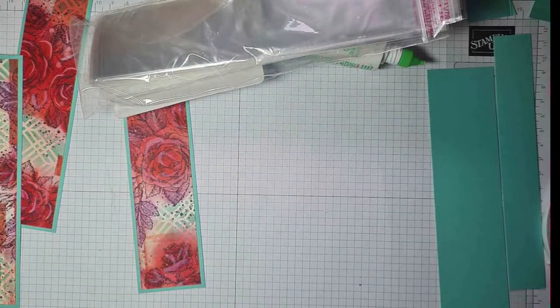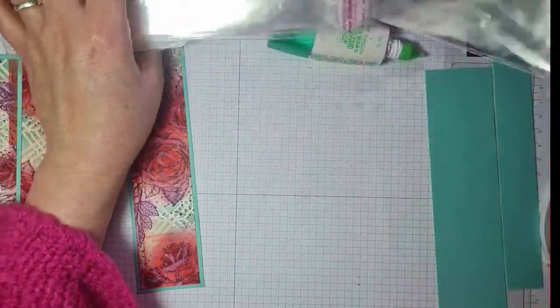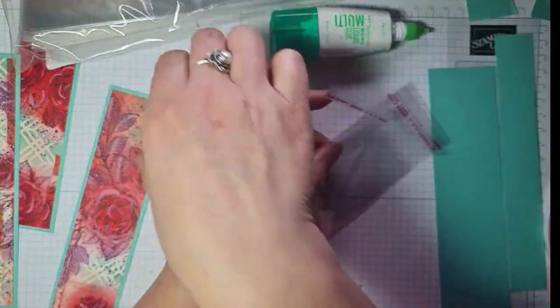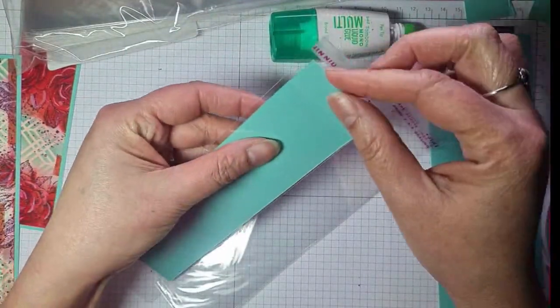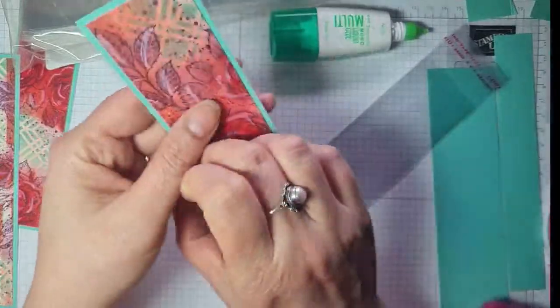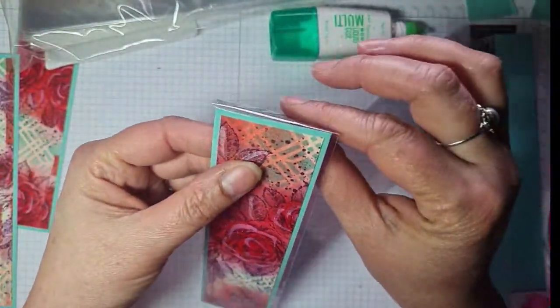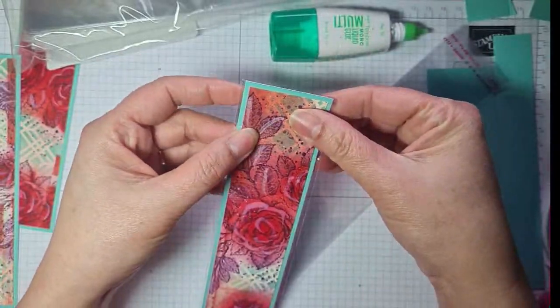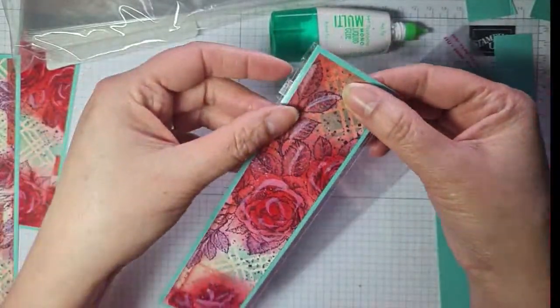Unfortunately, this brand is definitely not as good as Stampin' Up. They're a little bit flimsier. Not a little bit, they are flimsier. I won't seal them up now, because they still need to have stickers put on the back. But there we go. You see how they fit really well, and then you can fold that over and stick that down. And then yes, it is shiny, but you know,